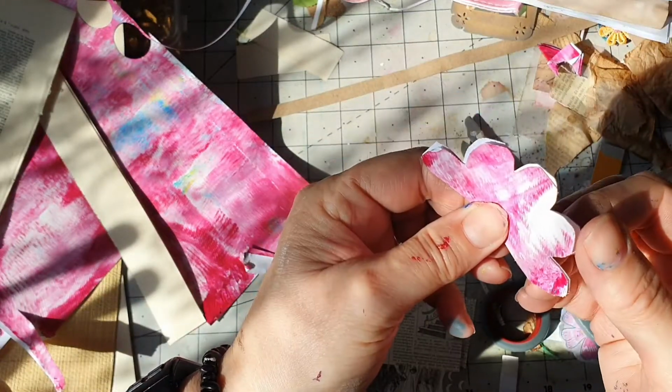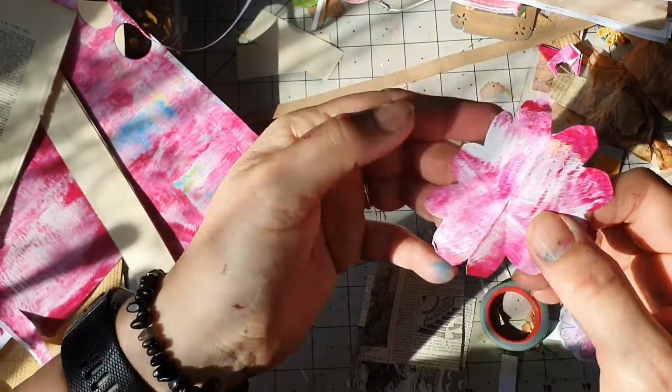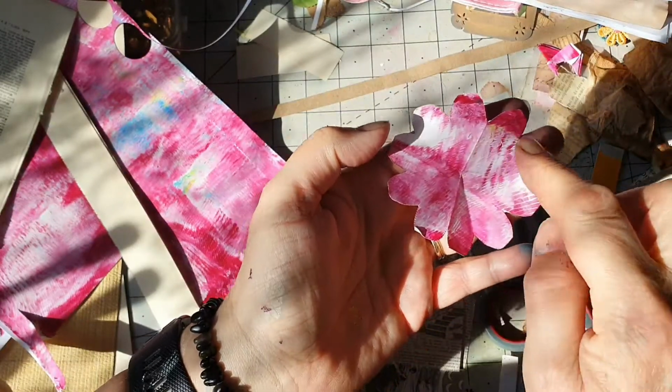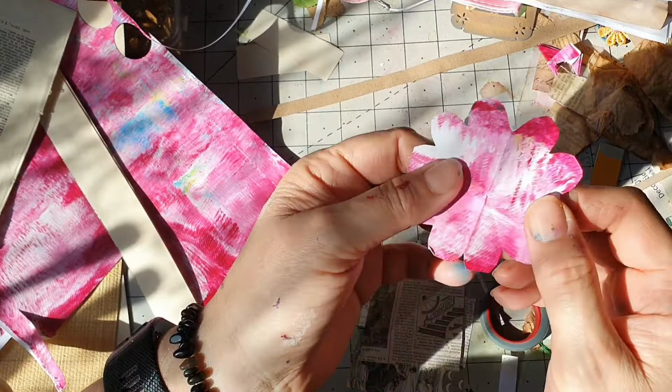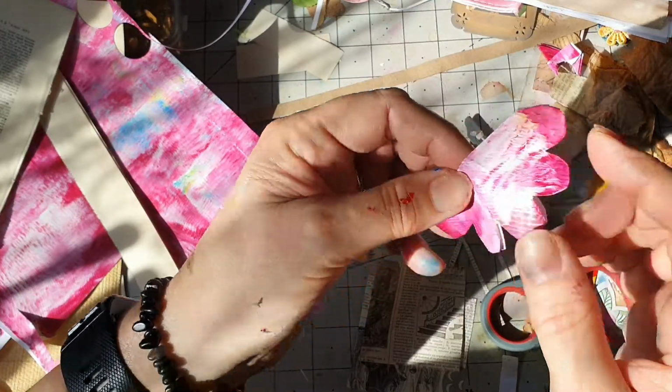And there we are. That is a 5-petaled flower. So 1, 2, 3, 4, 5. 10 if you want to count it like that, but 5-petaled. Now if you want to go in again and make